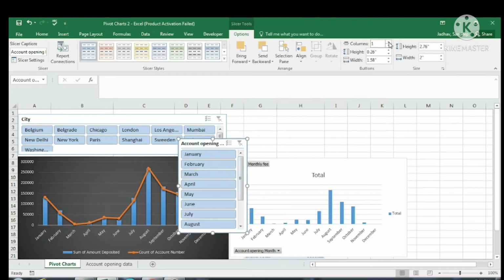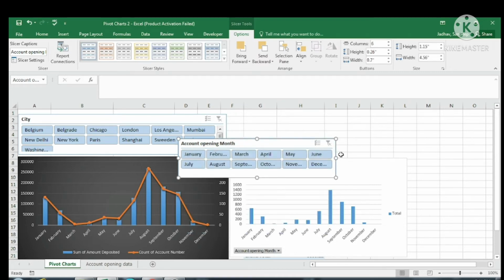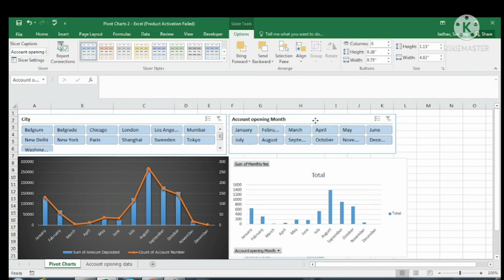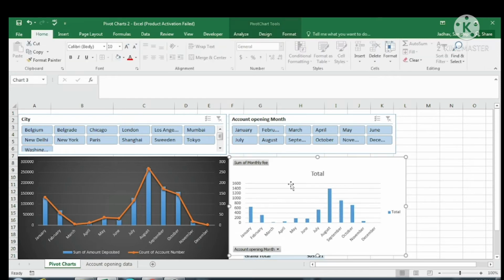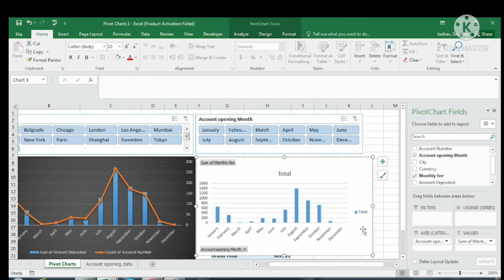Now I will add the columns because I want to represent it horizontally. Then I will make it slightly like this, and then I will place it above this. Now my next chart is also ready. I want to change the design. First of all, here I will change the title also. The title I want is sum of monthly fees,